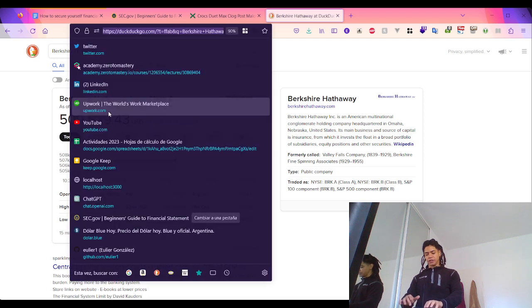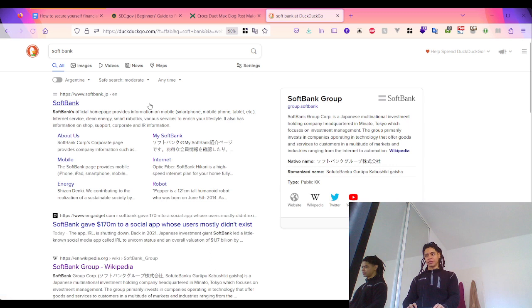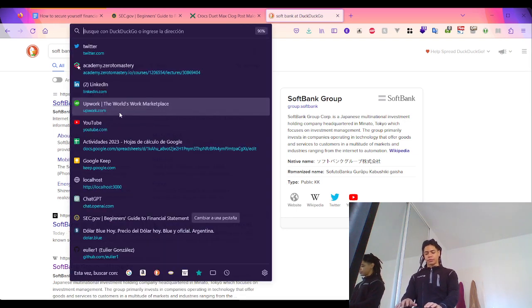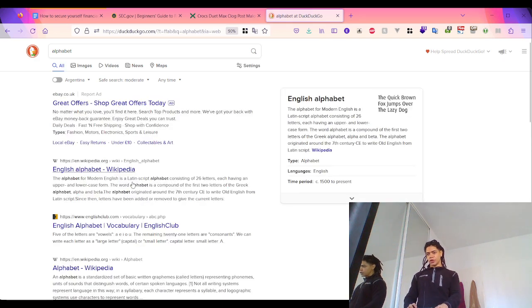Also, you have here SoftBank, which is a Japanese multinational conglomerate holding company that invests primarily in technology companies such as Uber, Airbnb, WeWork, you get it, right? Alphabet,